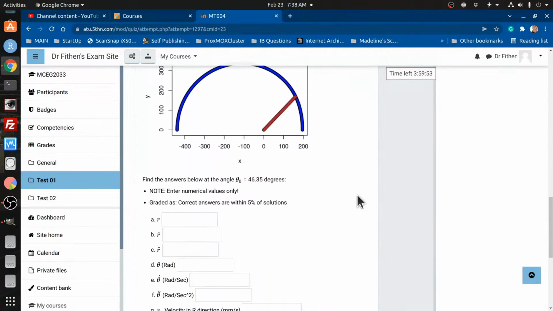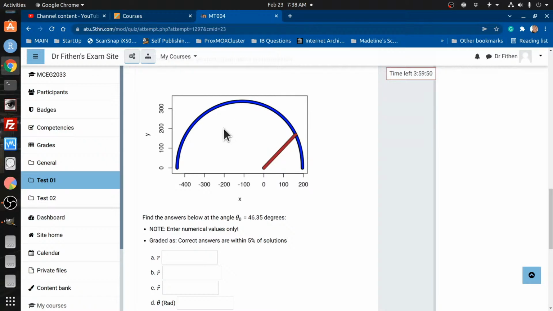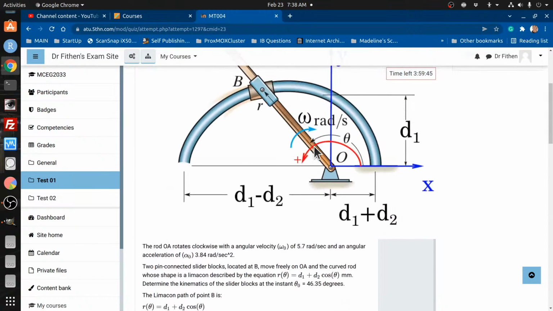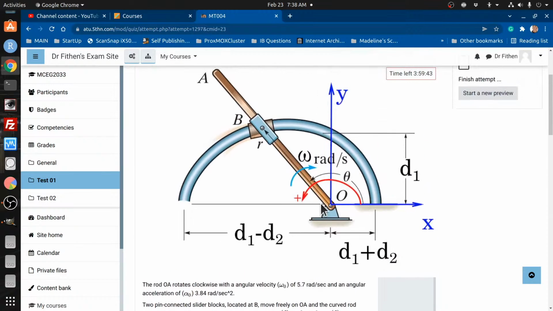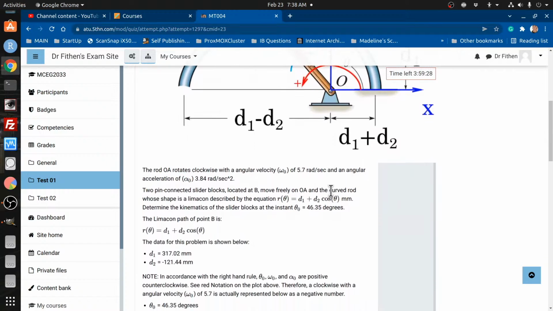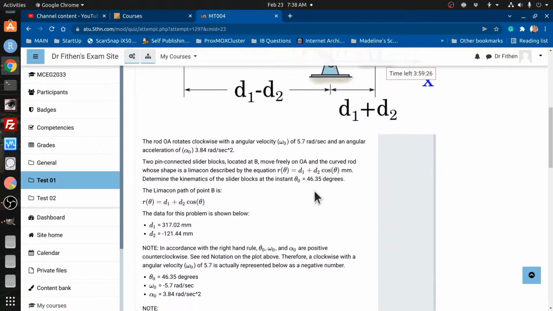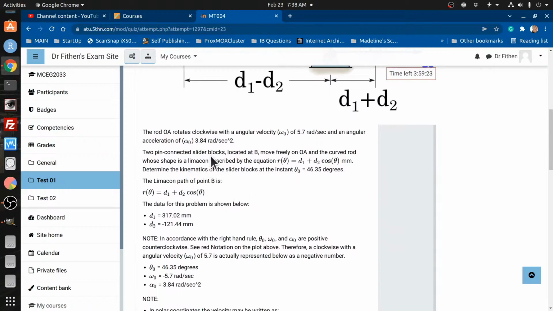There it is. Now this is one case right here where you should pay close attention to this. Okay, well, first let me describe this. So here's your geometry up here, and this is a geometry that came directly out of the book. I've added a little bit, like the x and y coordinate, this red vector here. But in the creation of this problem, there's the equation, there's some of the information. So you see the 5.7 here and the 5.7 here,